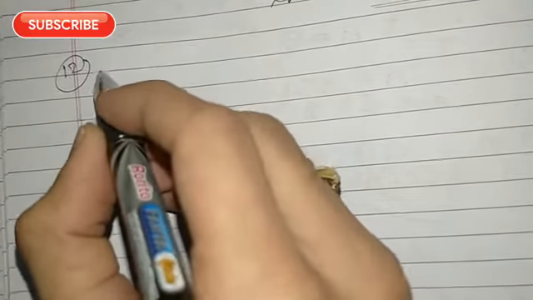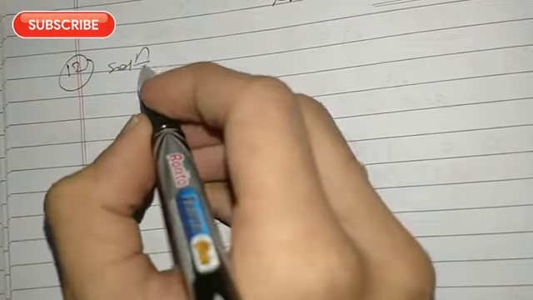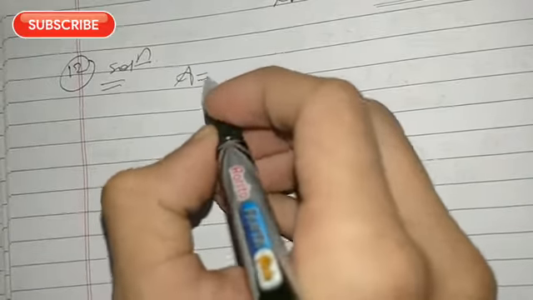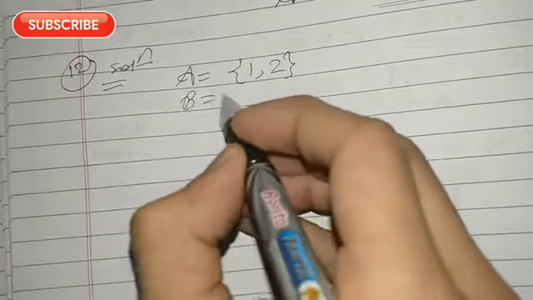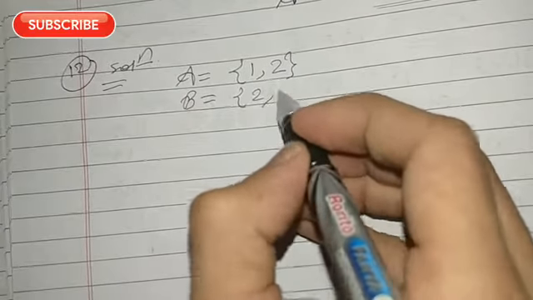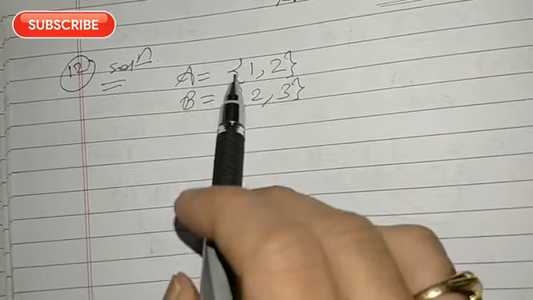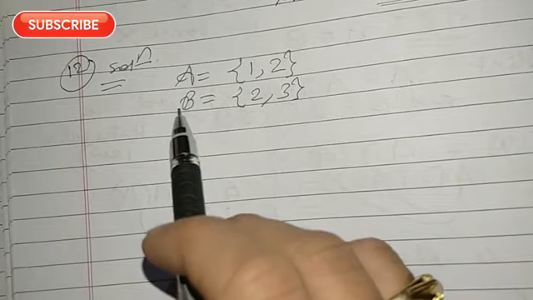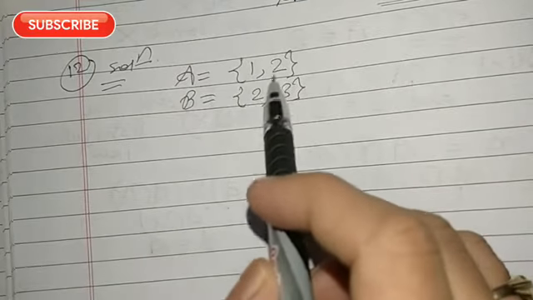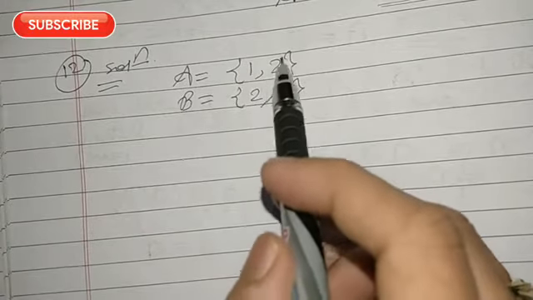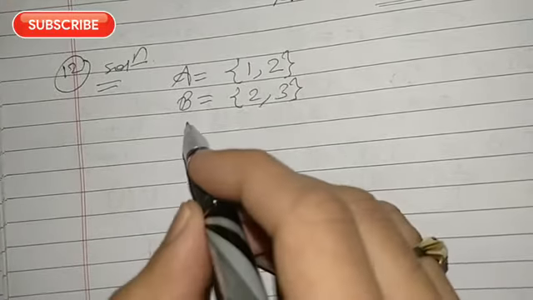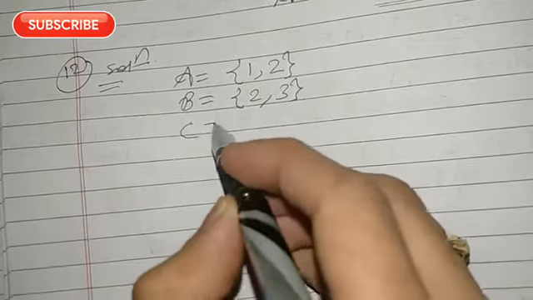So it is just by taking some sets. You take the set A as {1, 2}, then the set B as say {2, 3}, because we want the intersection of A and B to be non-empty, right? So we have to take one element common to A and B, at least one.